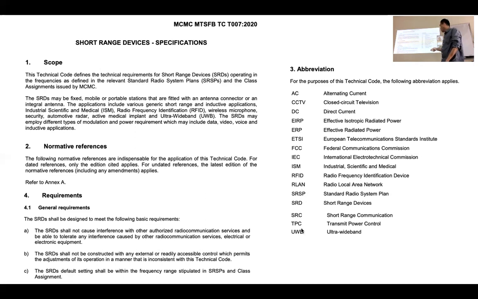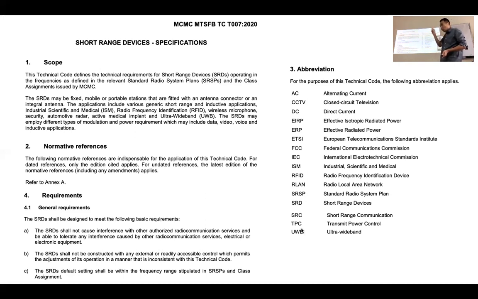Because who asked you to bring that product in, which is not authorized for this standing? So the SRD shall not be constructed with any external or readily accessible controls which permit adjustment to its operations in a manner that is inconsistent with this technical code. Meaning, you cannot simply tune. Later, once tuned, you can hear the 4 different band ranges of the 5 gigahertz; one is prohibited.